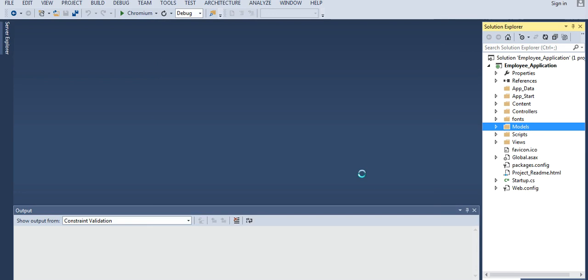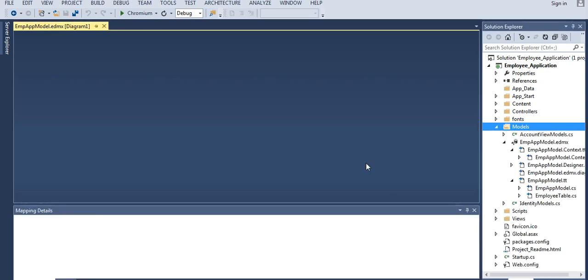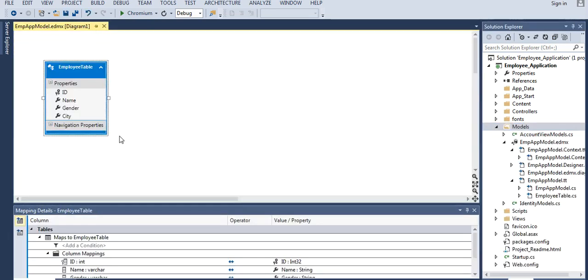That diagram is .edmx and it will contain all your necessary fields, that is ID, name, gender and city. As you can see, one employee table diagram got created.